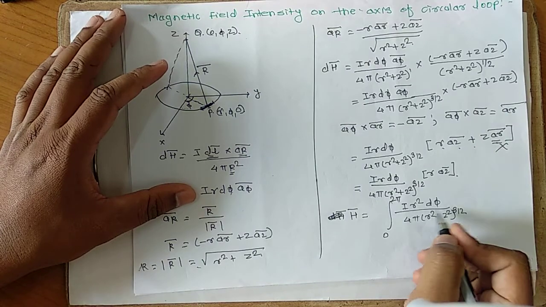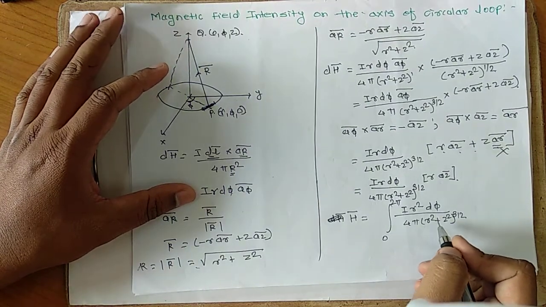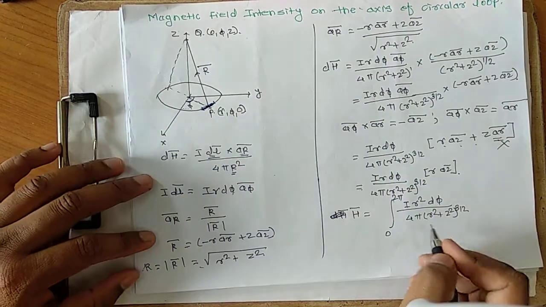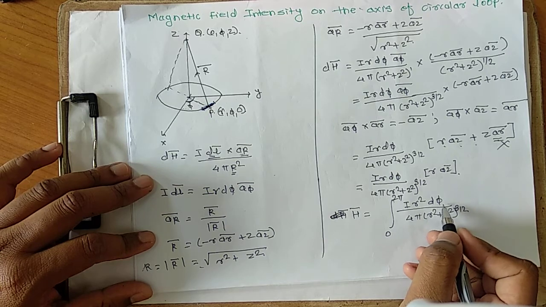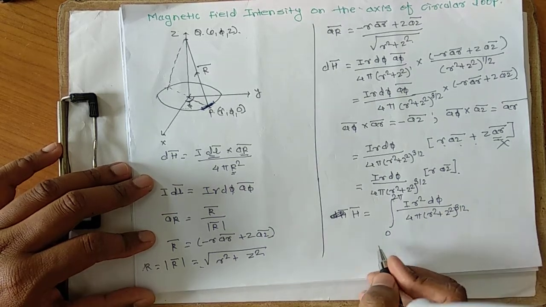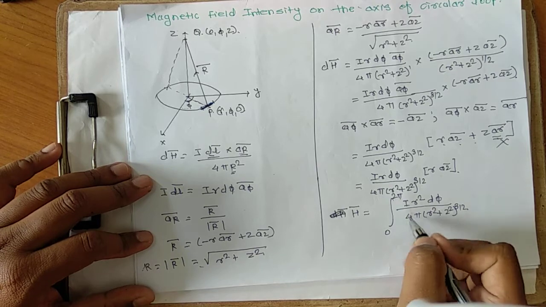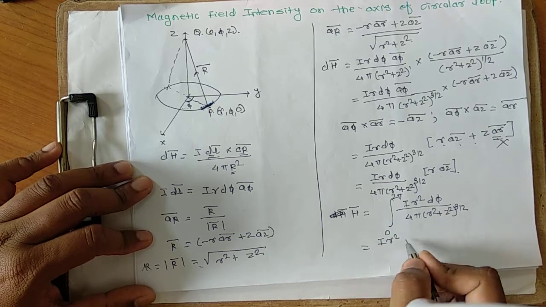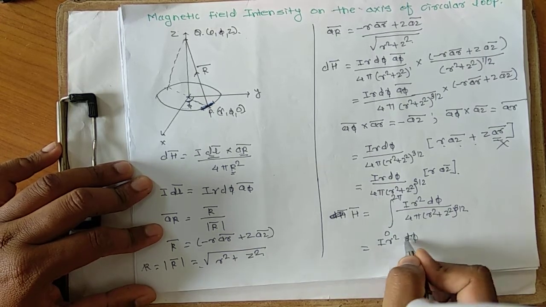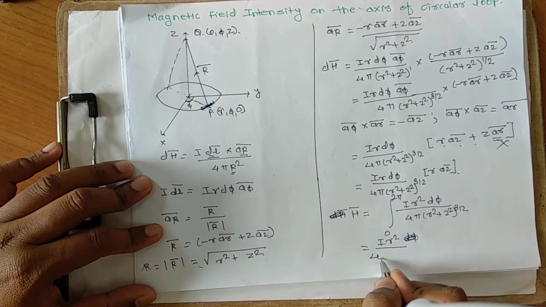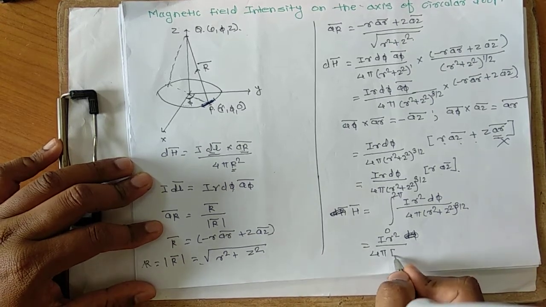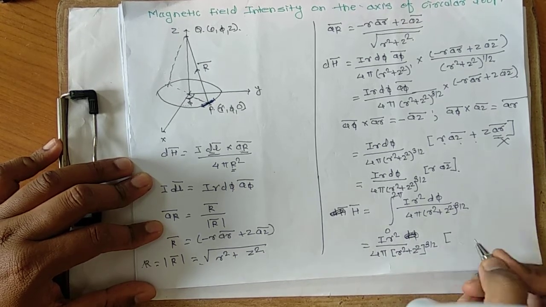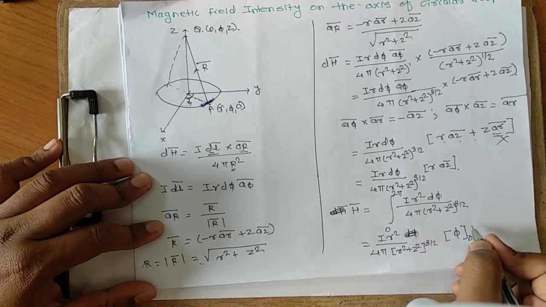It is very simple. There is no consideration like R is equal to tan theta, because it is a differential integration with respect to d phi. So we can directly put the integration of d phi. There is no phi component, so it will be a phi. So I R square d phi, I R square, constant is 4 pi, over R square plus Z square raised to 3 by 2, and d phi is from phi 0 to 2 pi.